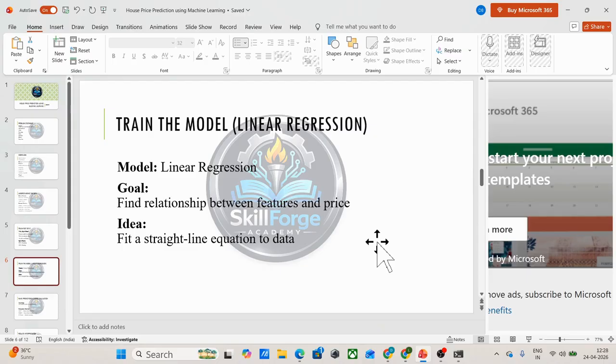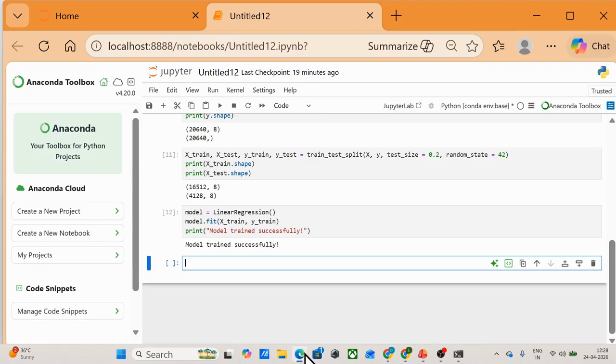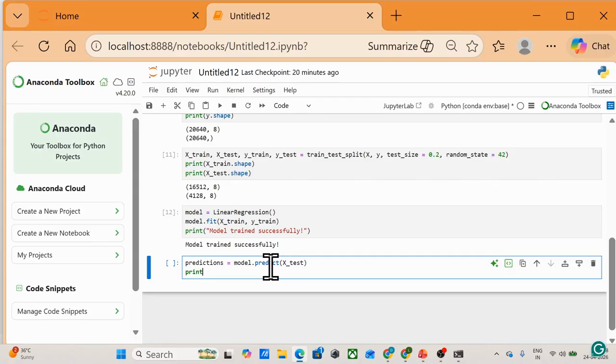Next, what we are going to do? We have already trained our model. Now we are going to make the predictions. So predictions equal to model.predict, we'll predict on test data, and then we'll print the predictions for first 5.